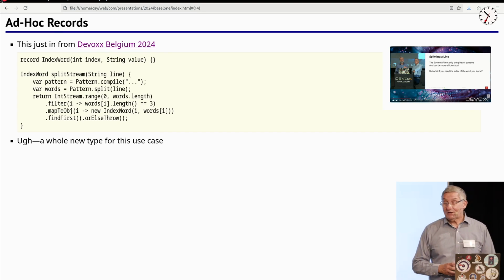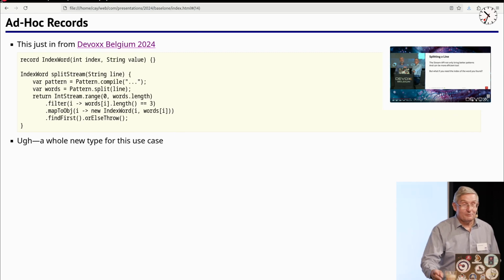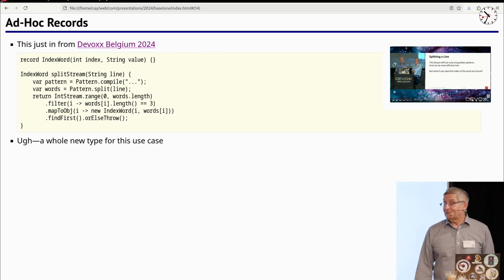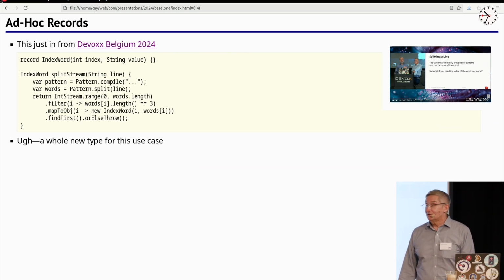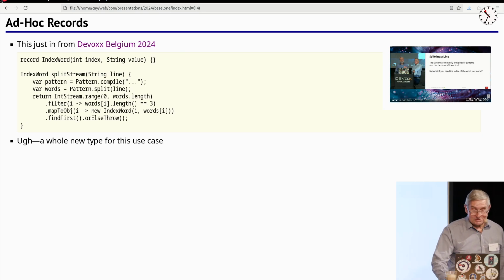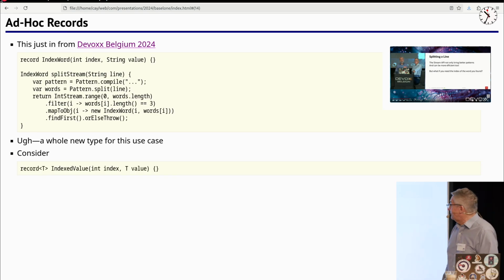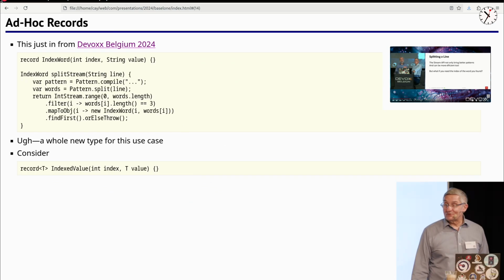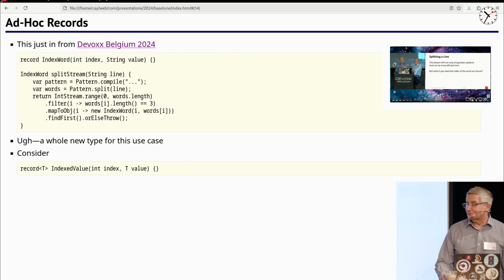It does happen a lot, because if you have a loop, there's no problem having a bunch of ambient variables that you set. But with a stream, you return a result, and if you want to return more than one piece of information, particularly of different types, like here an int and a string, then you have to put them somewhere, so a custom type. If you make a custom type like that, at least make it generally useful. You could parameterize it so that if you have the same device 10 times in your code base, you only have one custom type instead of 10 different types.